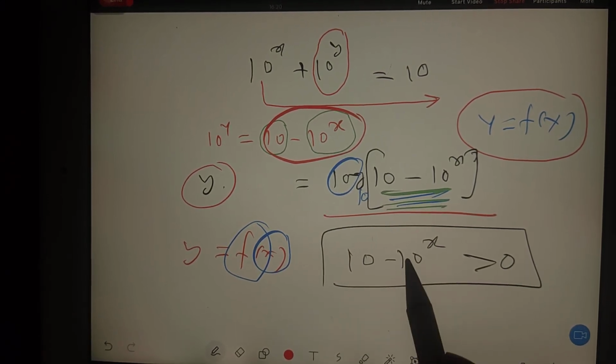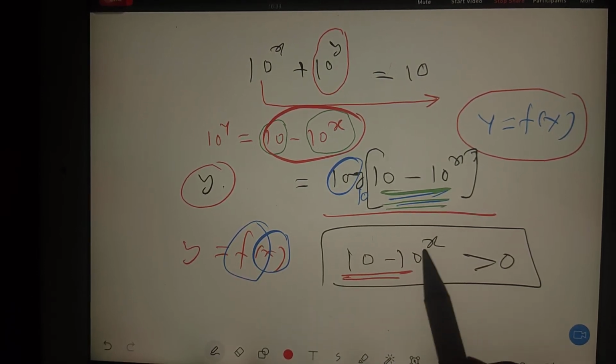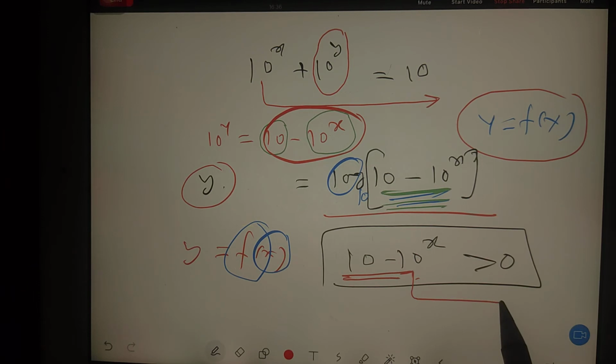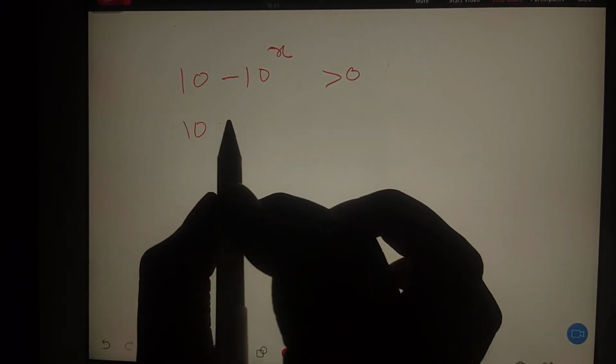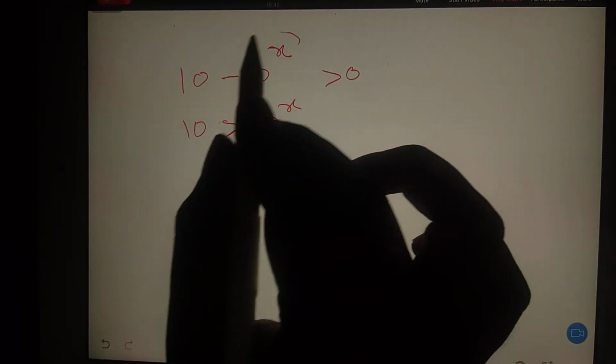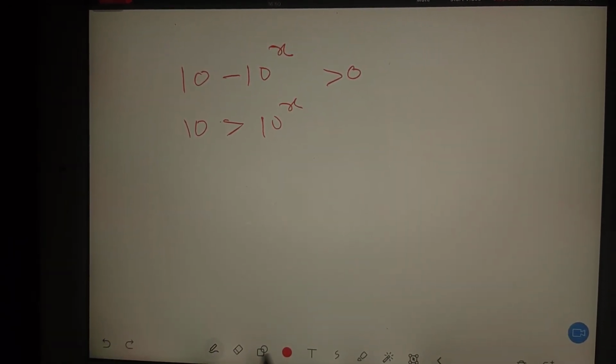Okay. So now what I am going to do, this total thing I will split. This 10 power x I will send this side. So it will look like 10 minus 10 power x, this was greater than 0, so 10, simply this part I am putting right side. Okay, I hope it's very clear. Now you see,